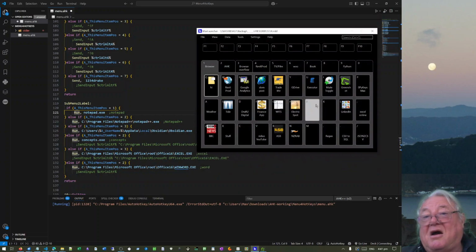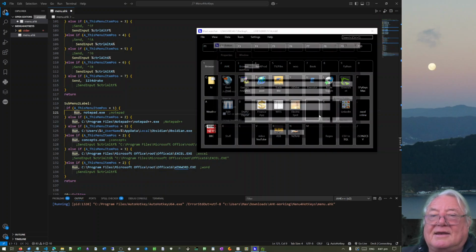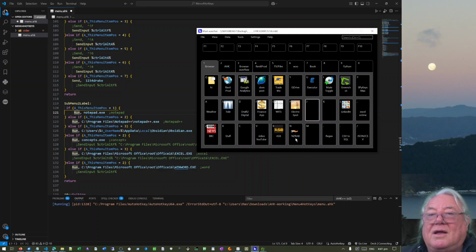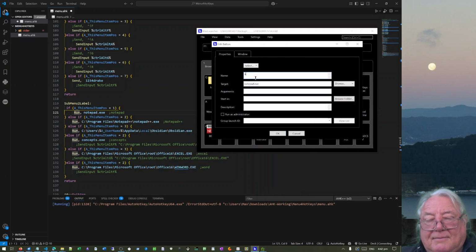I can actually say, oh, I've got space there, okay then I'll just make that. Sorry, I've got to hit right-hand click, edit, and just put notepad.exe and then go OK. And now, no I didn't, let's just go and edit that again, edit, and then we've got to put a name, notepad,